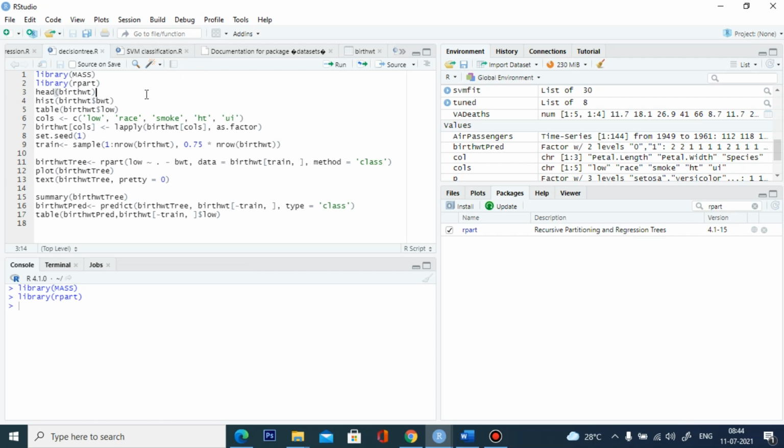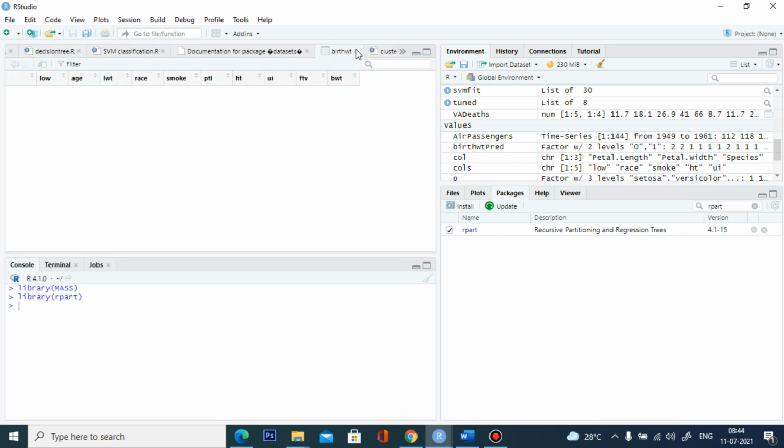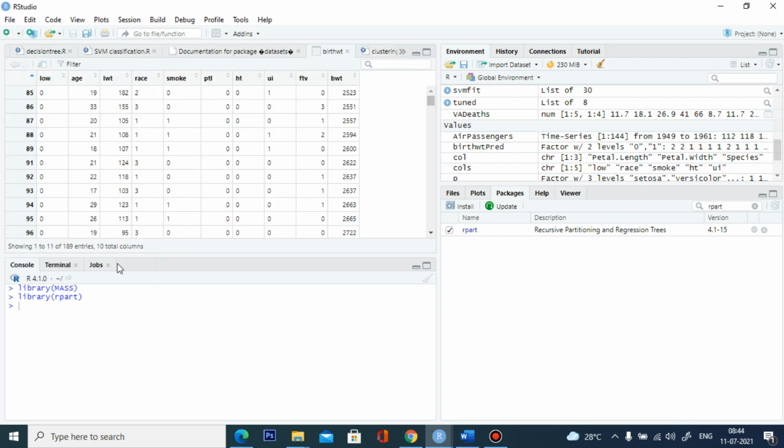Here I am going to use the birth weight database. I will show you the database. This is the database which has 189 entries with a total of 10 columns. This is the database for birth rates in a particular hospital.